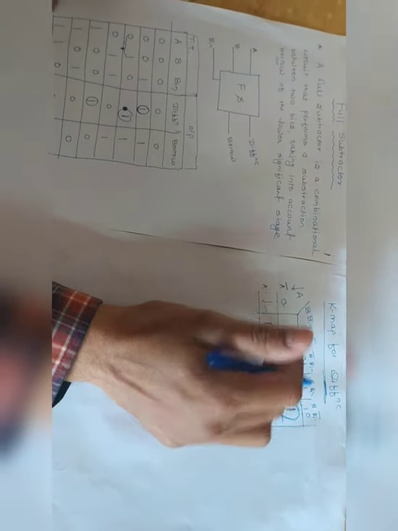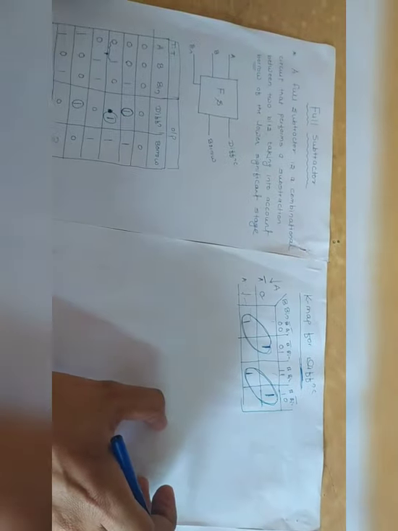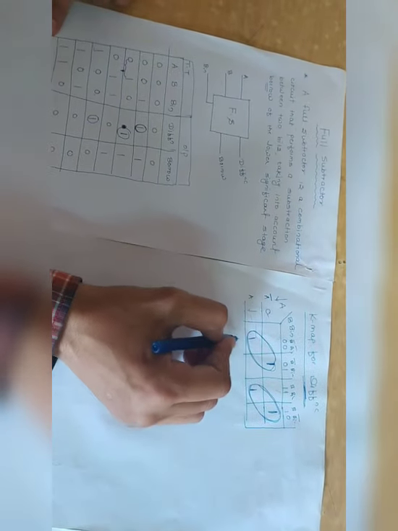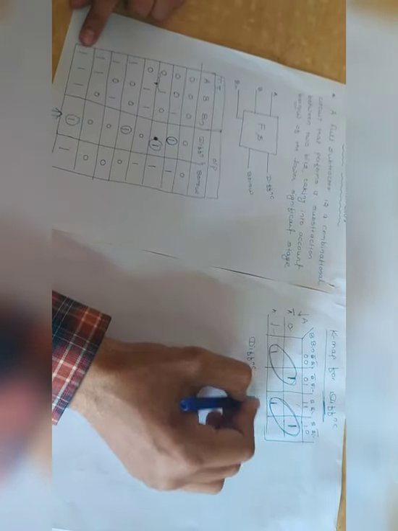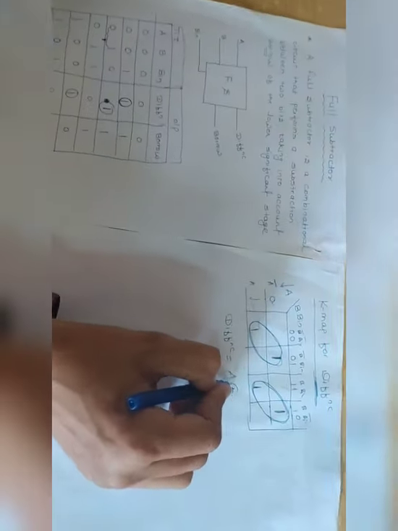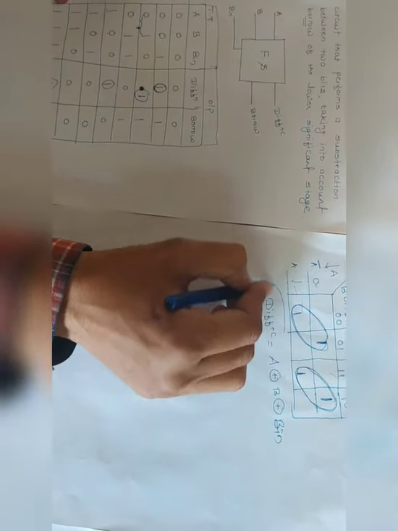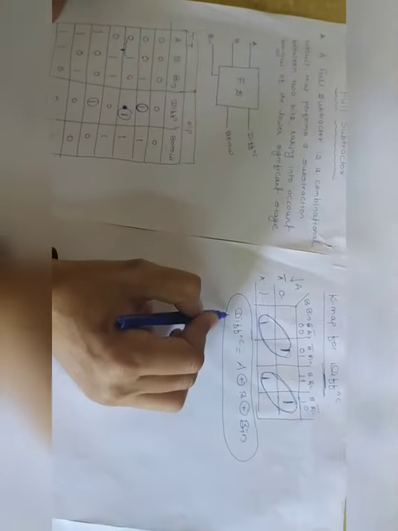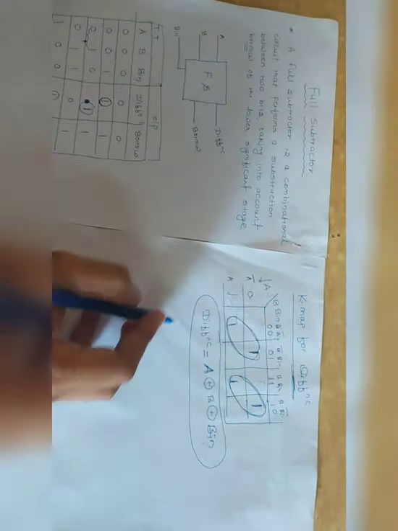After the single bit grouping, you have to solve those equations or simplify them. Now for this, the output I can write directly. This is the simple XOR of all variables: A XOR B XOR B in. This is the simple output, since diagonal grouping was there. This is my difference output: difference is equal to A XOR B XOR B in, right?